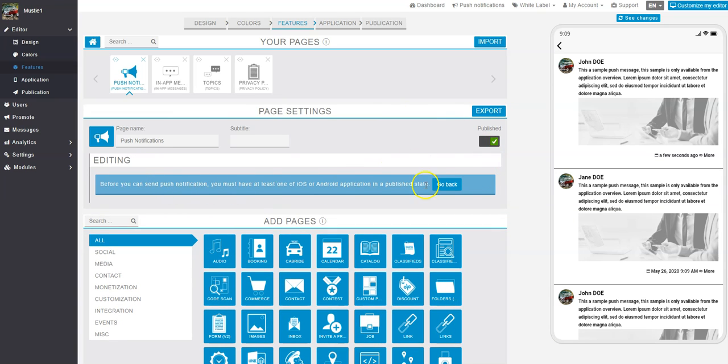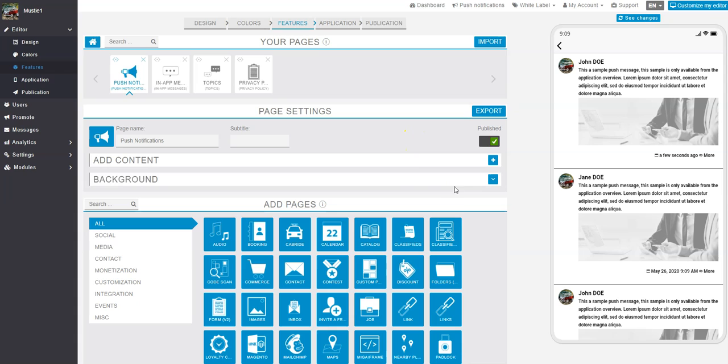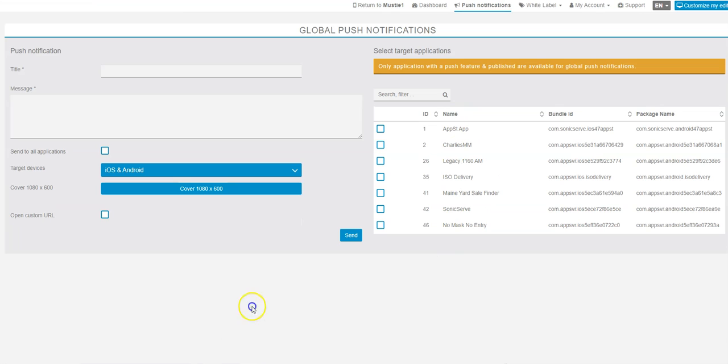Actually, it has to be in a published state. So we can't do that. I can't show you that right now. It has to be published on the Google Play Store. Let me see. I'm just going to go back and over to this one here really quick. So if that's not working,